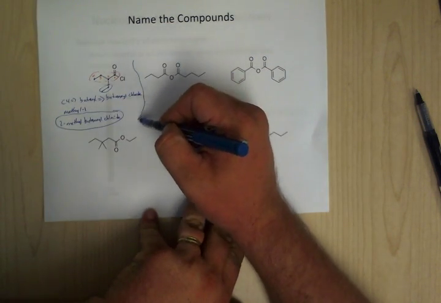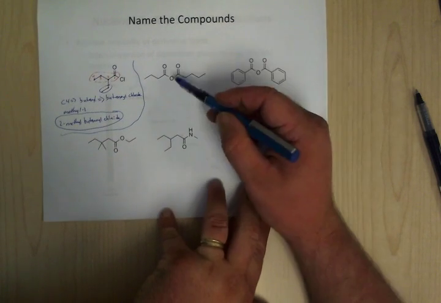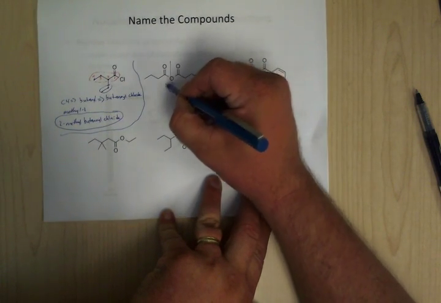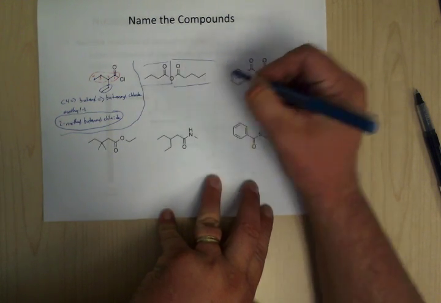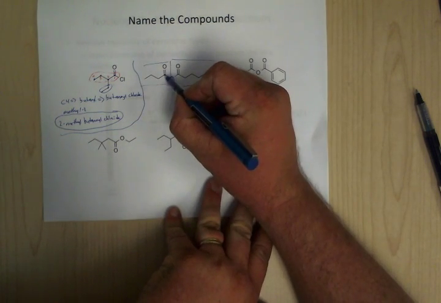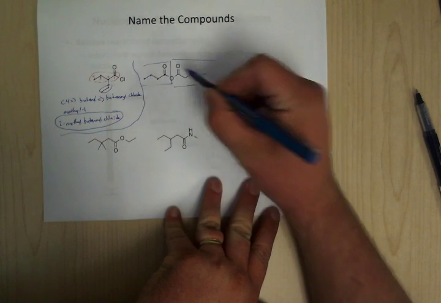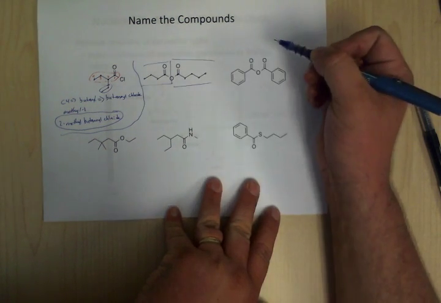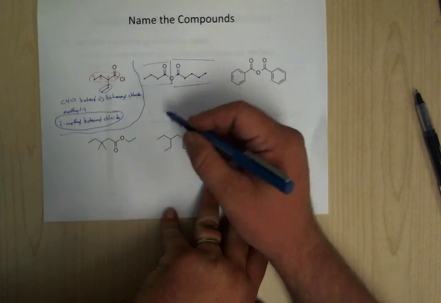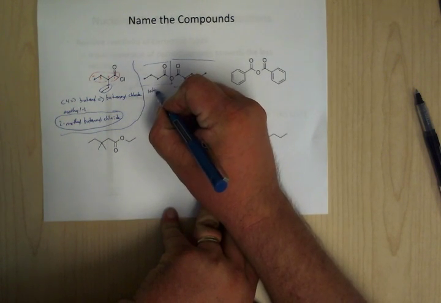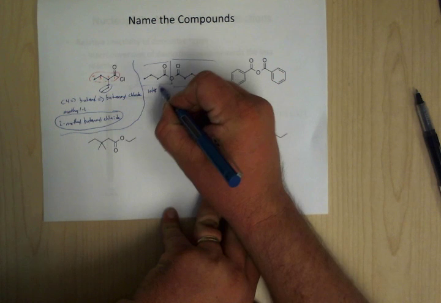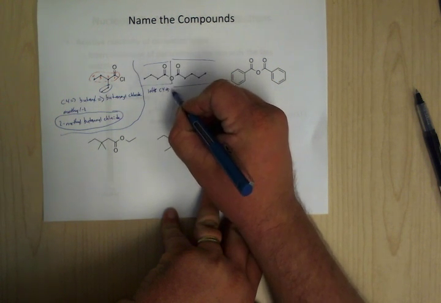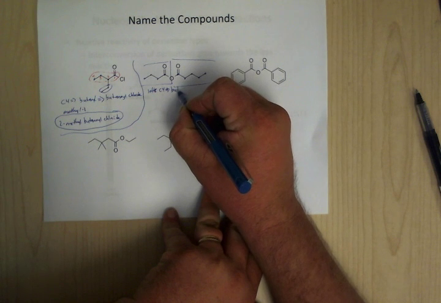Okay, so now this right here is an anhydride. So the first thing you've got to do is check the sides. You've got to check that side and that side. So here, this side has 4 carbons, this side has 5. So it's not symmetrical, which means you're going to have to name both sides. So the left side here, 1, 2, 3, 4. So C4, it'd be butane,